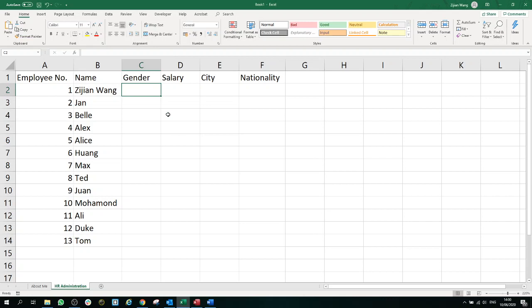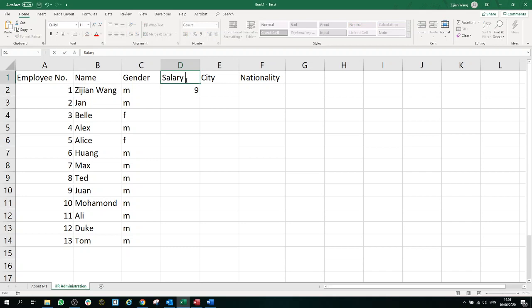And then we have gender. So Young is male, Bell is female, Alex male, etc. So let me finish this. Okay. And the salary. Say I have €9 per hour. Yeah, we can probably also write down here per hour. So we really need to